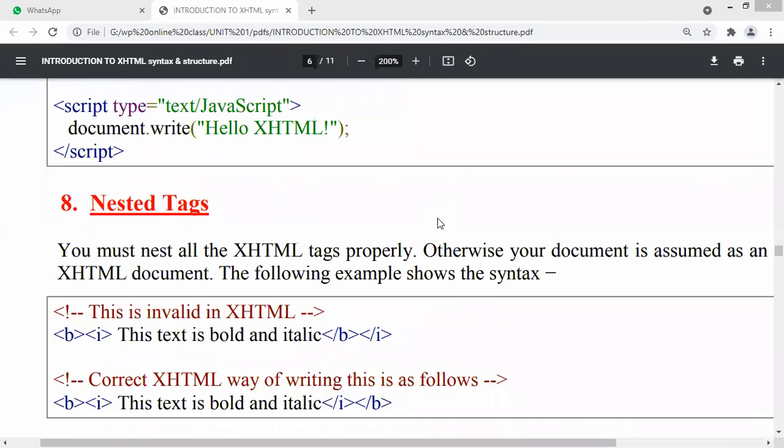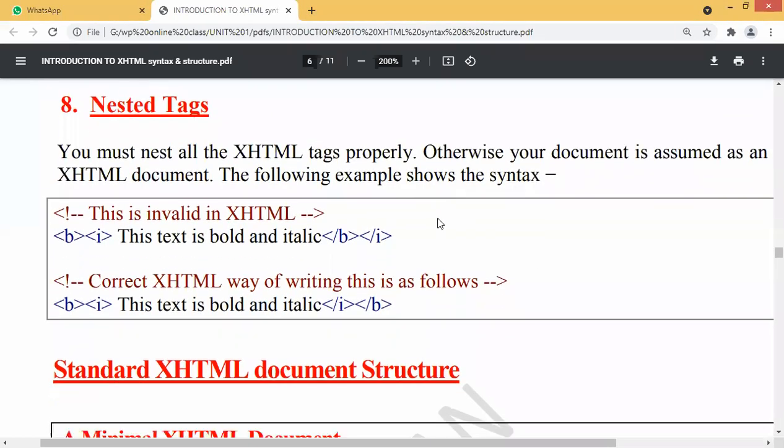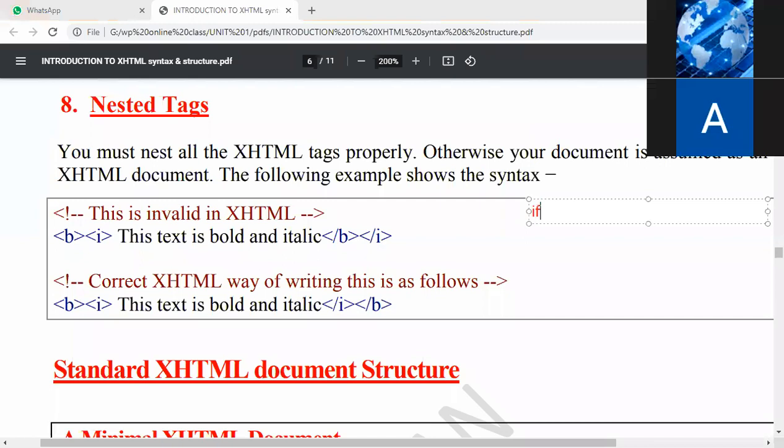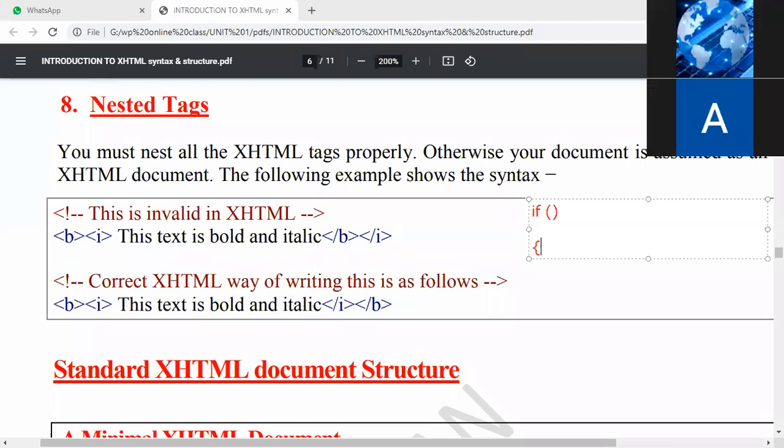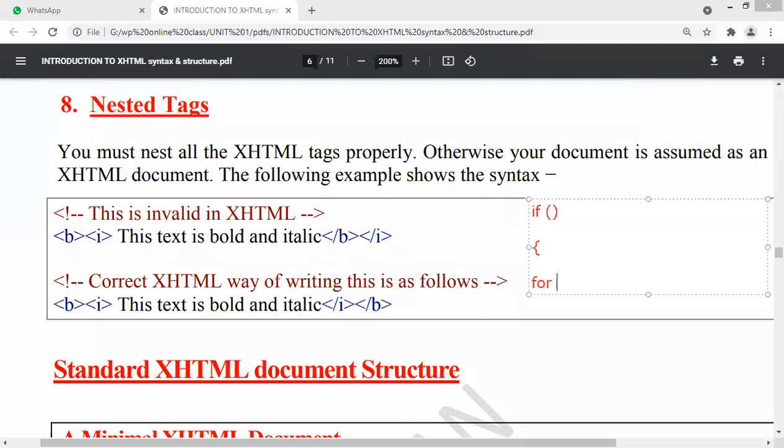Nested tags. See here, if I take an example like an if statement, I write a statement here and then I open a bracket. In that, I write a for statement, and I write some values here, and I close the for.